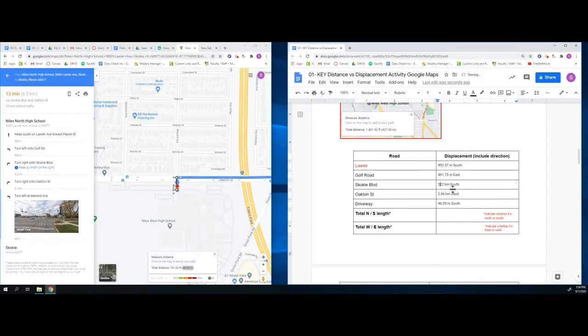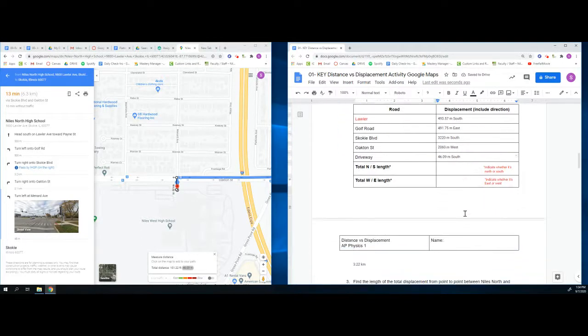Okay, 3 spots to the right, so I'm gonna add a 0. And then get rid of this K. Same with this one, 3 spots to the right, I'm gonna add a 0 and get rid of this K. Okay, so now I'm gonna add up all my south distances. So for the sake of showing you all my work in this screenshot,